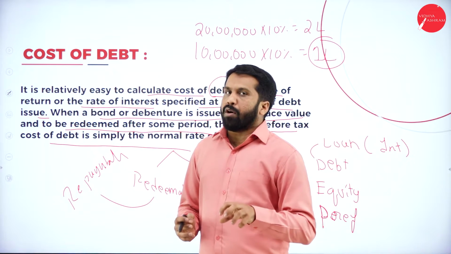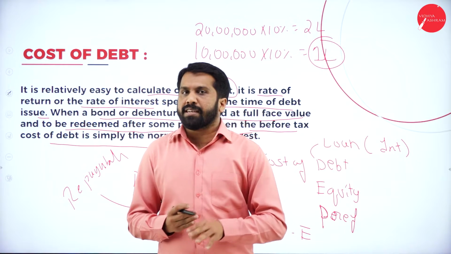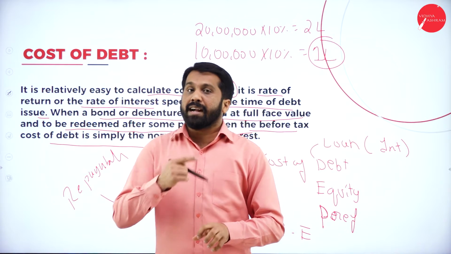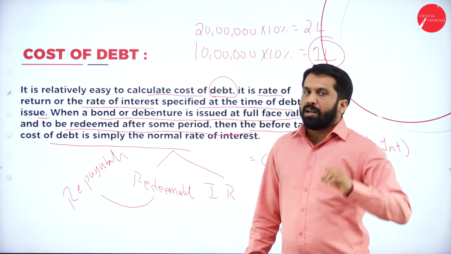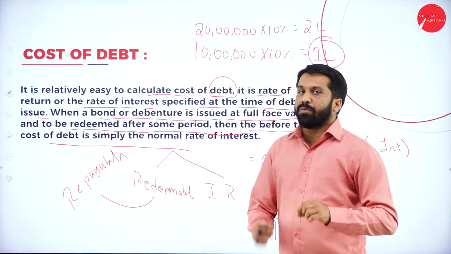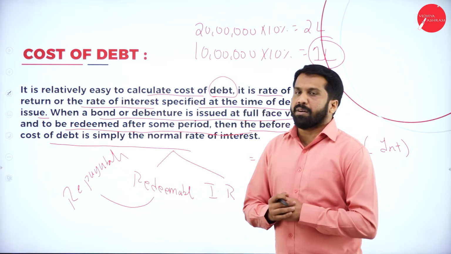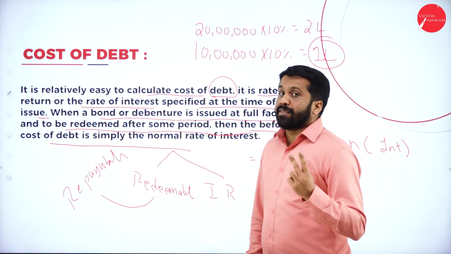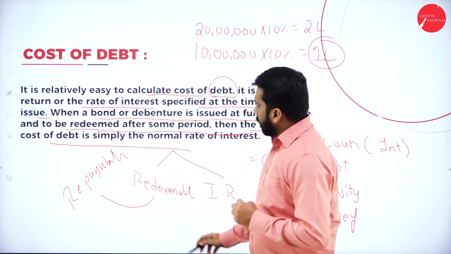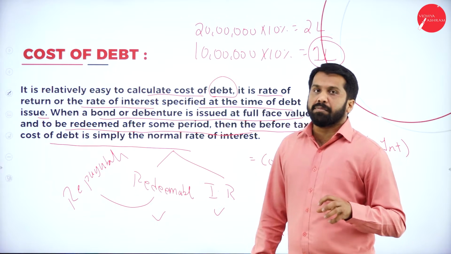We have different formulas for redeemable as well as irredeemable. The formulas will work out and we will learn them at the time of problems. If I tell you now, you will not remember that. While doing problems, I'll explain what the formulas are and which ones you are supposed to remember. Now, I hope you understood. In debenture, we have two things: redeemable and irredeemable. Different formula for redeemable, different formula for irredeemable.